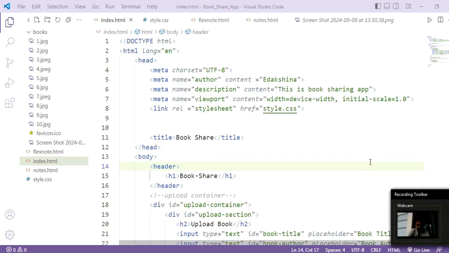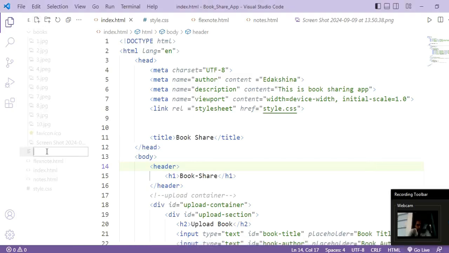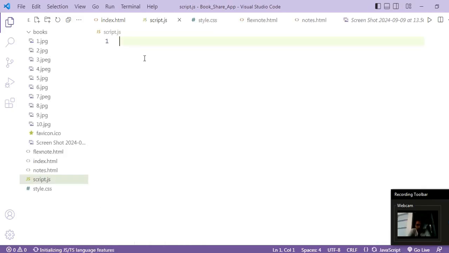Alright guys, so we have written our CSS and HTML, and now we are going to write our JavaScript. So let us create our JavaScript file, script.js, and now we are going to write our JavaScript, but the process of writing JavaScript will be different here. I will give you a small task, and you will try to write the code for that task, and then I will write the task output, and you can match your code with that output code. This will help you in working with your brain,